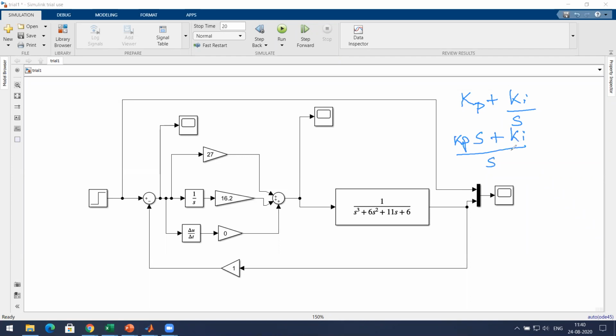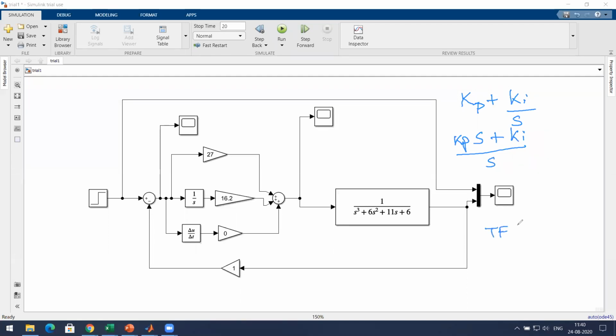The transfer function for the controller. Yes, sir.